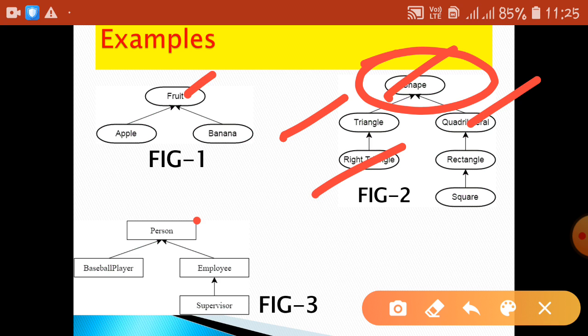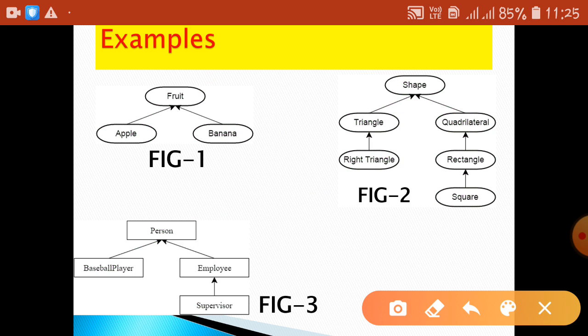In figure 3 you can see it is mentioned here with the person. The person can be a player or it can be an employee. An employee can be of many types, like a supervisor, a teacher, a lecturer, an officer, etc. So person is what?